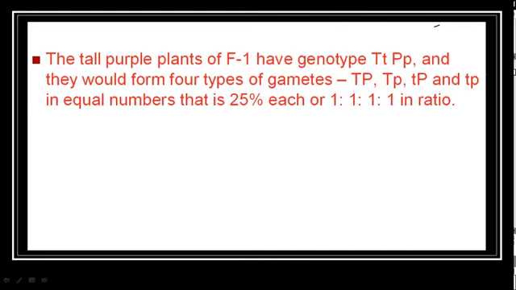What is the genotype in F1 generation? It is capital T small t and capital P small p. So both characters have become heterozygous. Now when the gametes are formed, all four possible combinations, capital T capital P, capital T small p, small t capital P and small t small p, are formed in equal number, in equal ratio, that is 1 is to 1